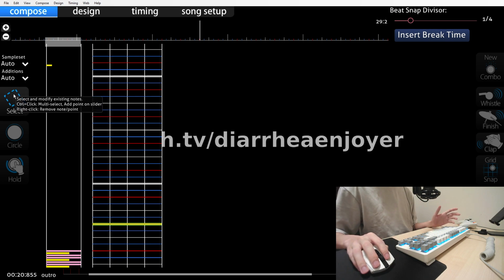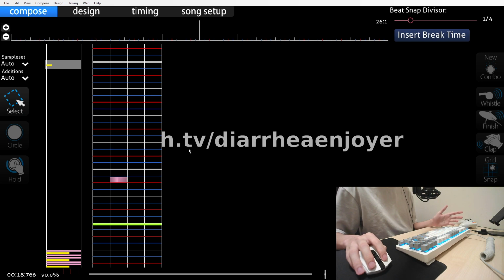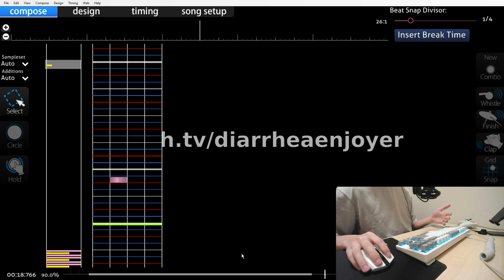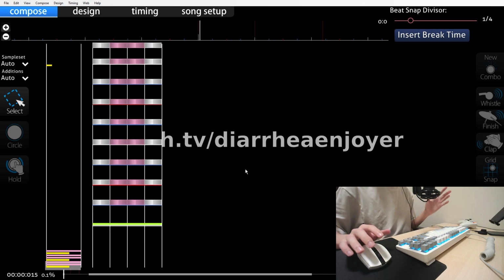So if you're mapping a song with a lot of BPM changes, I will always recommend you to put a note at the very end so that the osu editor will measure all of the BPMs and determine which one is your main BPM. So now that you understand how the Normalizer tab works, what you need to do is